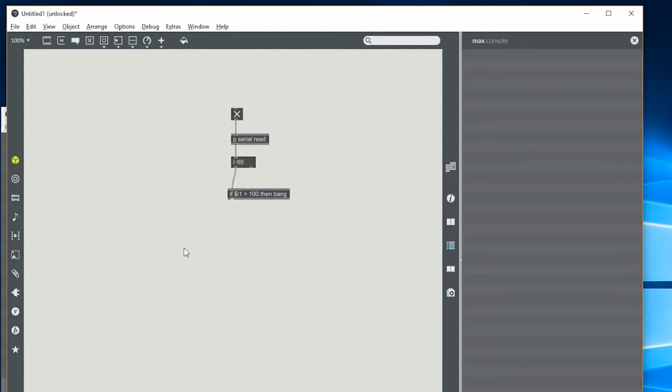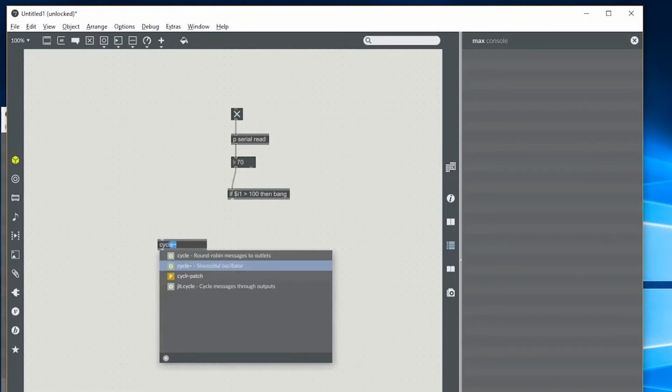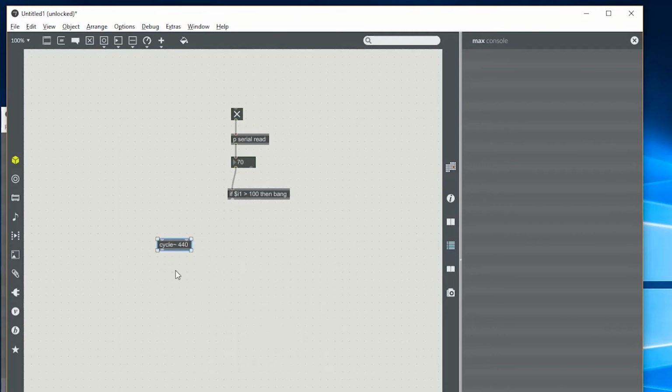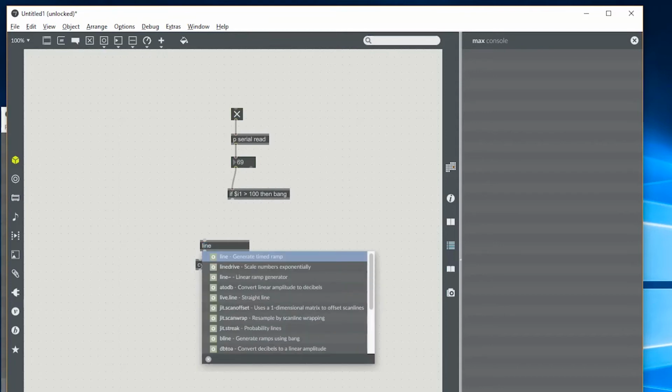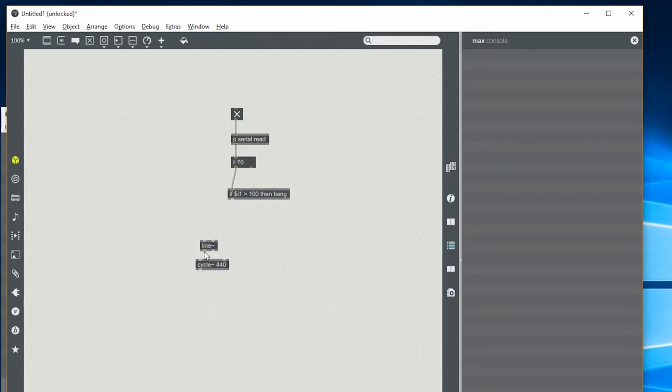So we can do something exciting. In the demonstration at the very start, I had it going into a cycle. So let's do that again. I'm going to create a cycle with a starting frequency of about 440. We're going to put a line into that so that we get a nice smooth generation. And then we're going to create a message that says $1